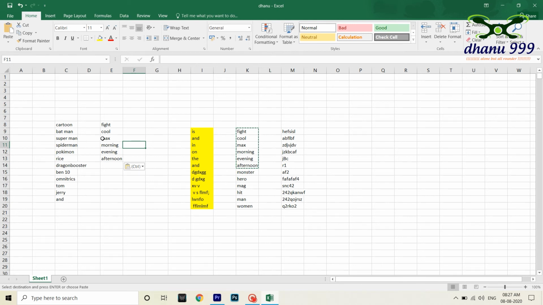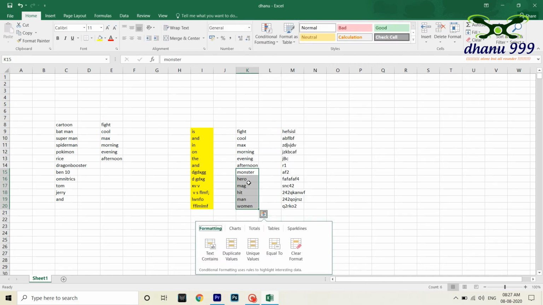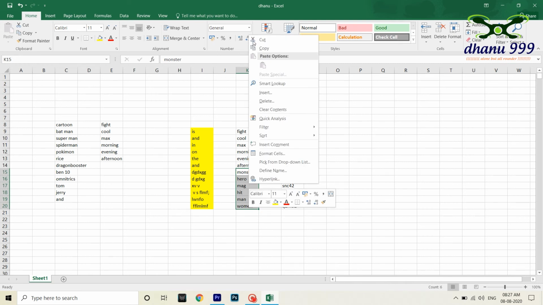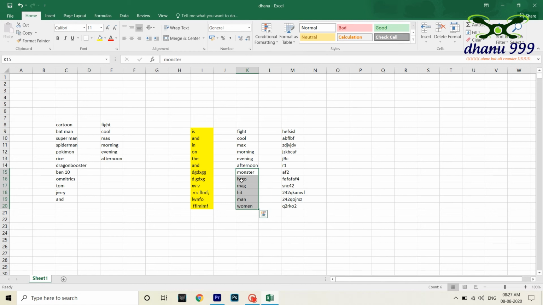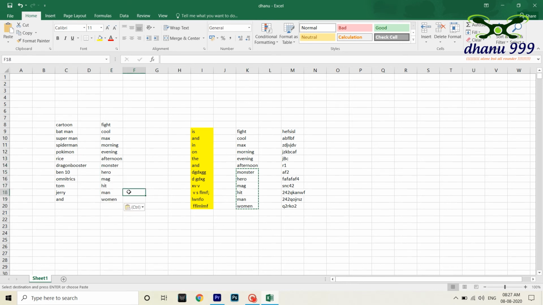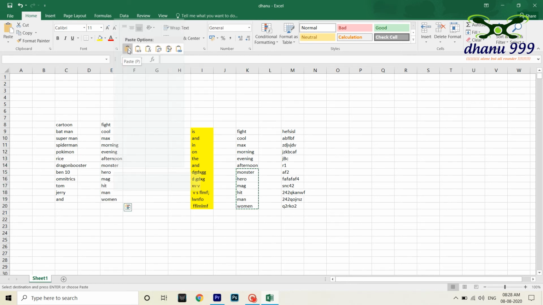And we have some shortcuts. I select this and right click, and there is a Copy option, or Control C, or I can drag to select. I can also go to the Copy option here on the ribbon, or use the shortcut Control C. Like this we can copy, then go to the target cell and paste. Paste is Control V, or otherwise I right click and use this Paste option. Like this I can copy.